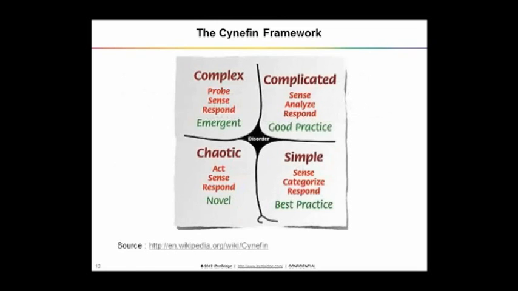Complicated, where we know what we want to produce. We have a clear input-output relationship. We know what impacts what. We have a clear cause and effect relationship defined. But there are multiple answers. There are various ways of doing things. So in order to identify which way is most economical or the best, we need to do some kind of analysis. We need to analyze the data and then recommend, okay, this is the right way and this is how we should move forward.